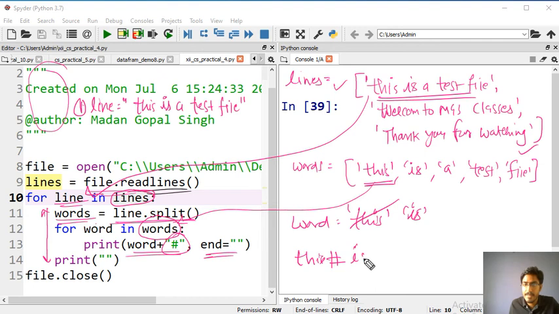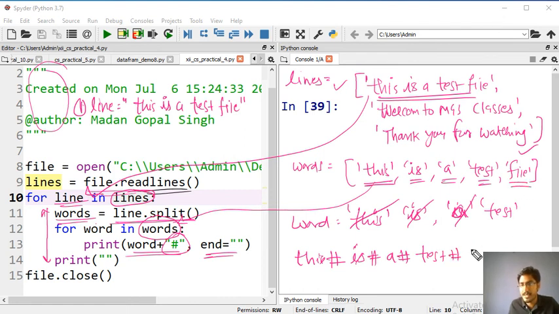Then each will come and print hash, then a will come in this word variable and print hash again. Then test will come, and test hash will print, then file will come, and file and hash, like this.